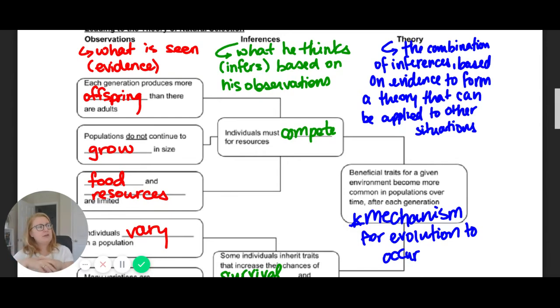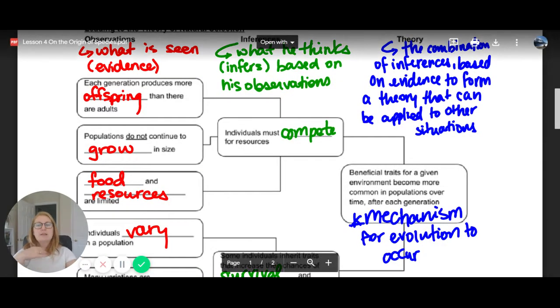Now, you might be thinking to yourself, but wait a second, this doesn't apply to humans. And that is true because humans have overridden this natural selection process. If you think about what humans do, we usually have very few children in 2020. But we also keep people alive by supplying them food and resources and medicine and all kinds of things. Well, out in nature, that's not actually what happens, and especially not in the 1800s.